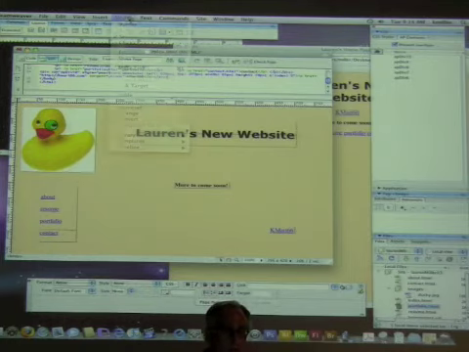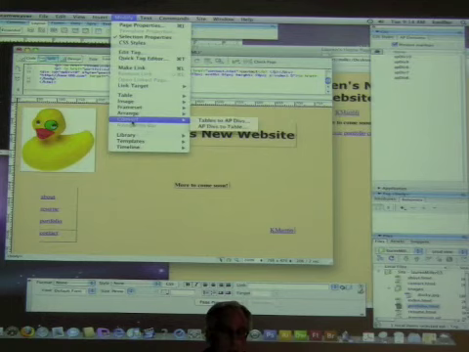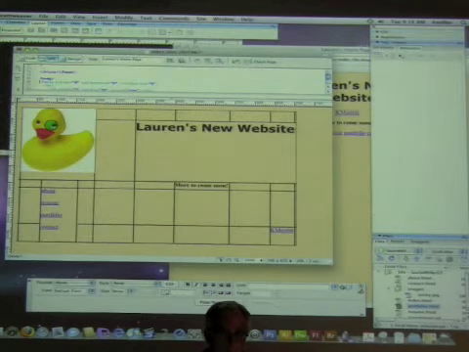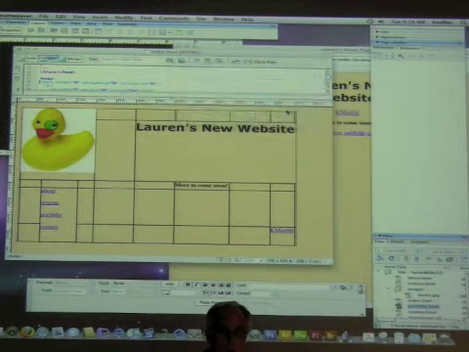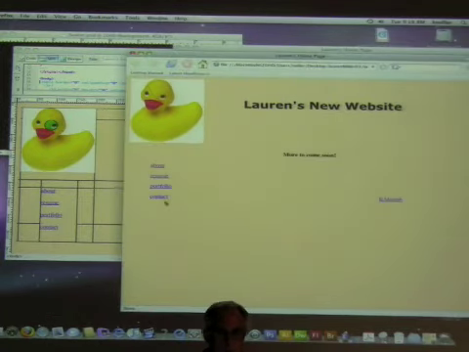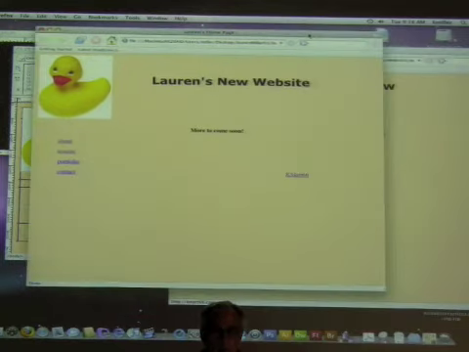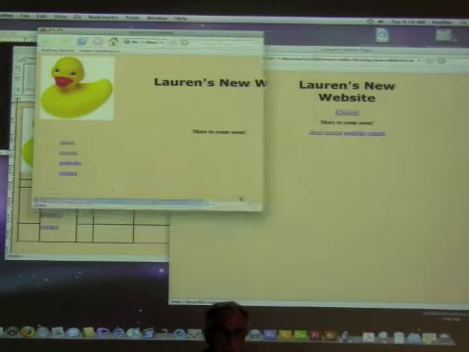So I'll do this again. I'm going to modify, convert, and I'm going to say AP divs to table, and boom, there it is again. And again, when you preview it in Firefox or whatever, I guess I got to save it first. Look at that, it all holds into place beautifully. I'm not restricted by the